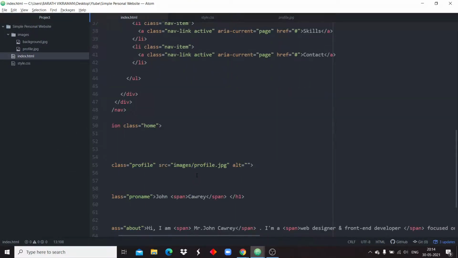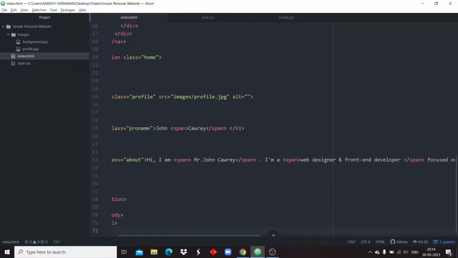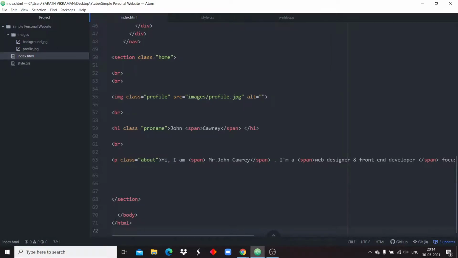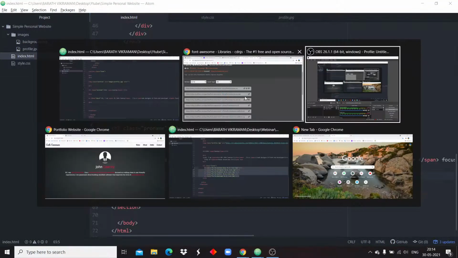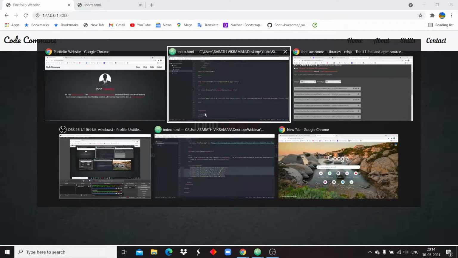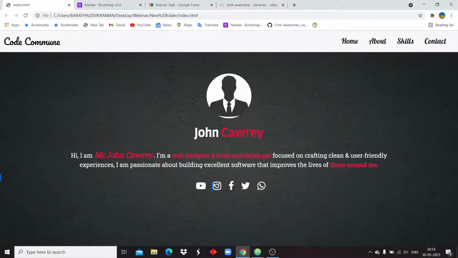Next, we need to include these icons. After this, I am including a break statement so that we can add some more space. Now I am going to include these icons.